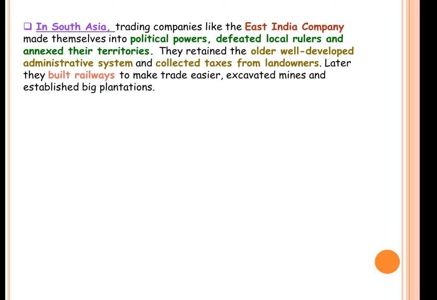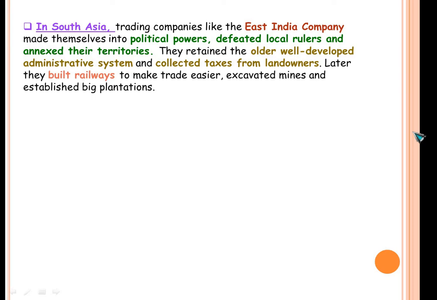And in South Asia, what happened? This particular picture, you must be very clear about it. The East India Company had trade relationships, and it developed into political power. They started defeating the rulers. This is something which happened in India also. The Indian subcontinent was divided into many small kingdoms, and there was no unity between the kingdoms. So because of that, the foreigners found it very easy to come, annex, develop trade relationships and also to conquer. They did not have all these plans in the beginning, but slowly they understood that the base was not there.